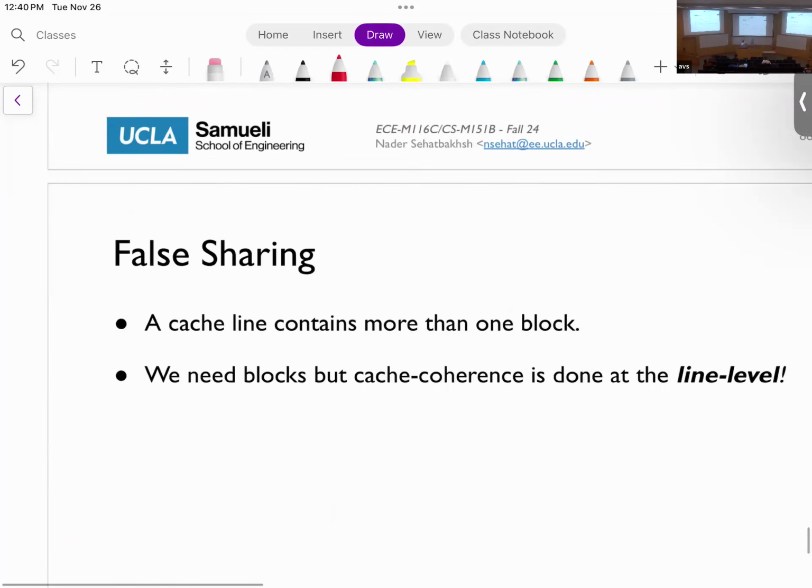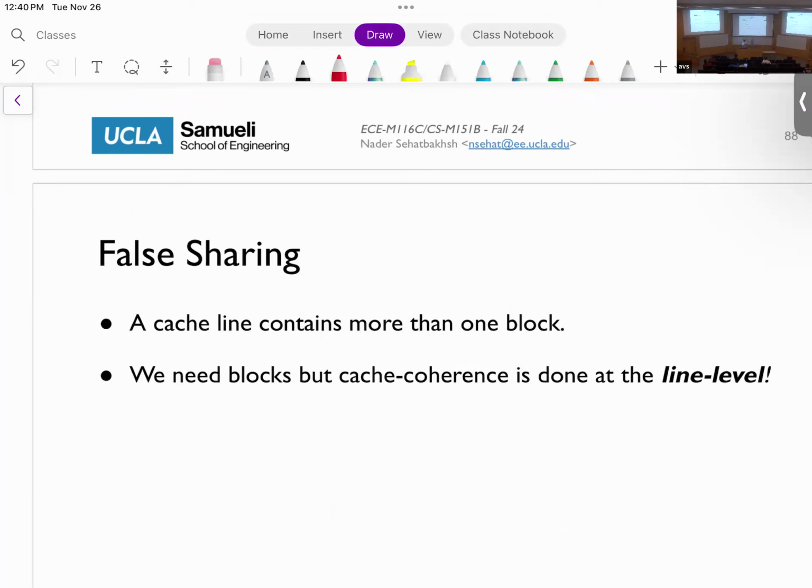Great. So there are a couple of things I want to quickly share, and then we're going to move on from cache coherency. The first thing is called false sharing. I told you that we can assume that these coherency states are at the block level. But if we have, for example, a set associative cache that has multiple blocks, multiple ways, and we only maintain one coherency state per set, it means that for multiple blocks, we only have one coherency state, okay?